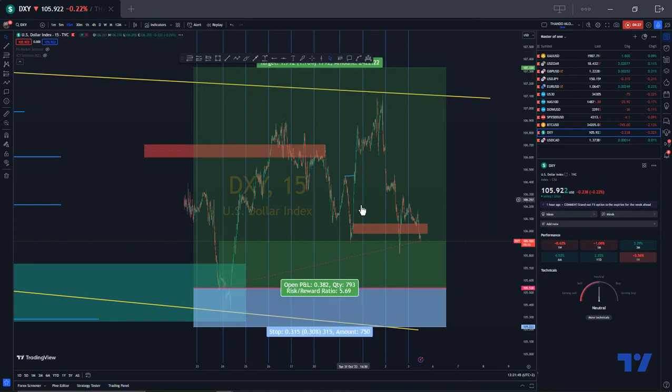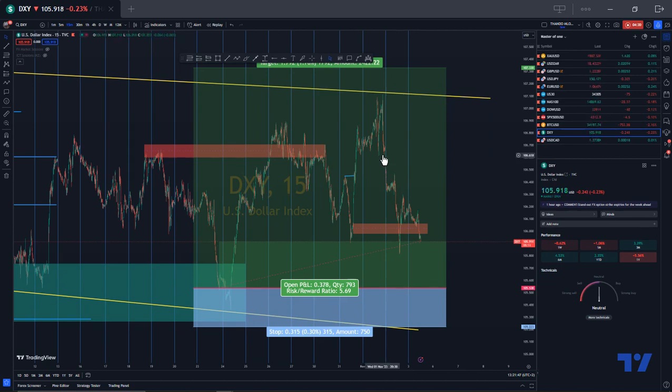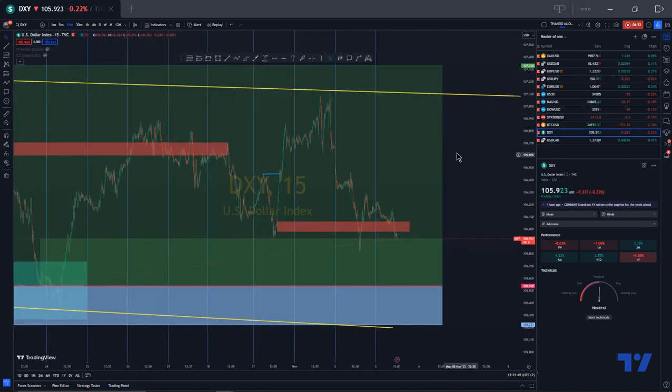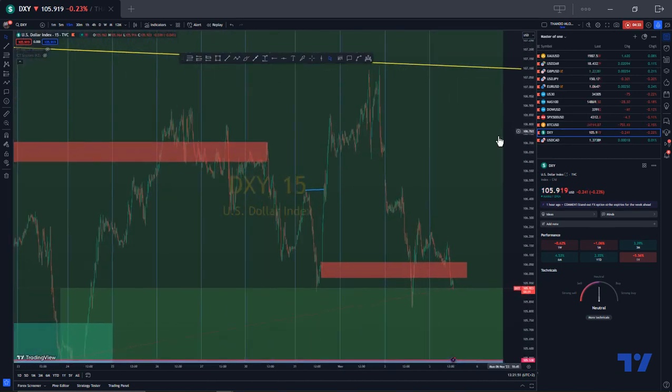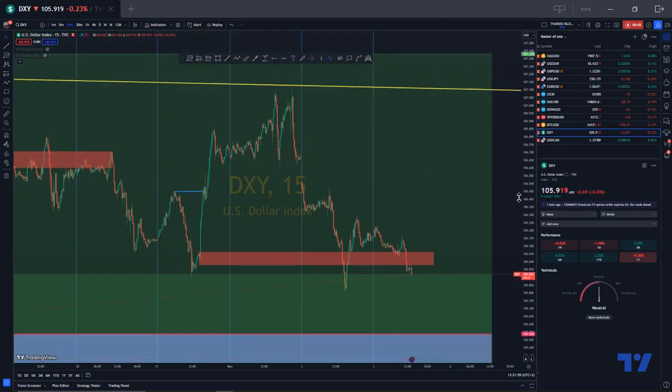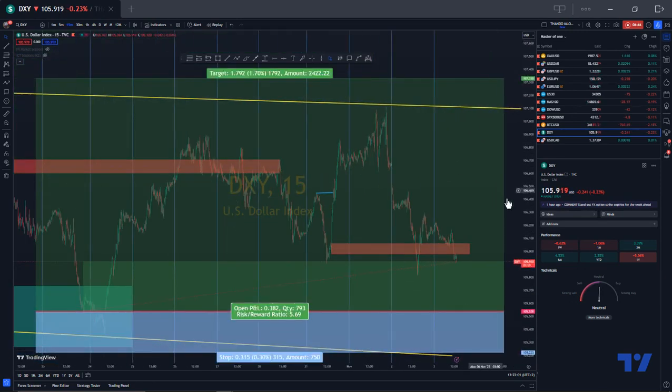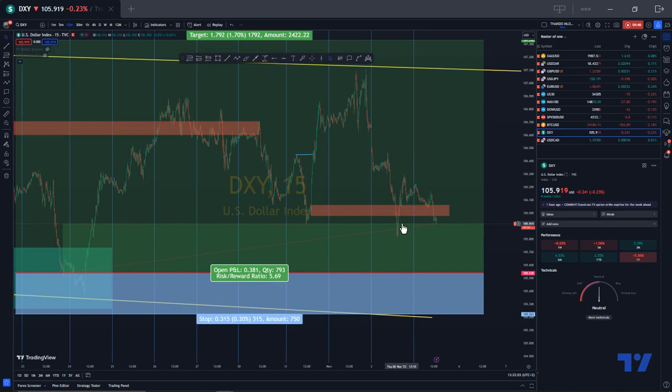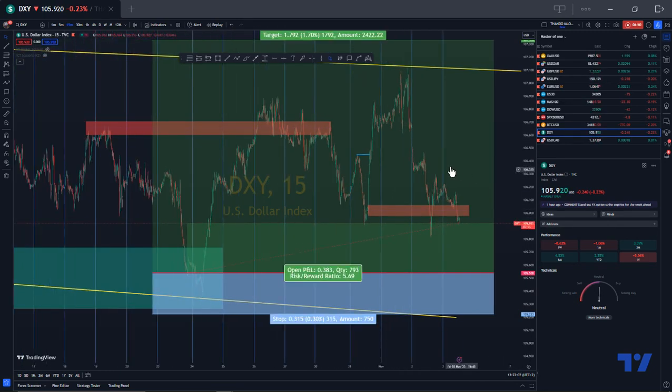We have a change of character over here, but there's a gap here on DXY, I'm not sure whether it's the broker I use. The market didn't fill that up, so it might want to go back and fill it using news, then maybe come down. Due to the breakout structure, the change of character, and liquidity zones left all around,